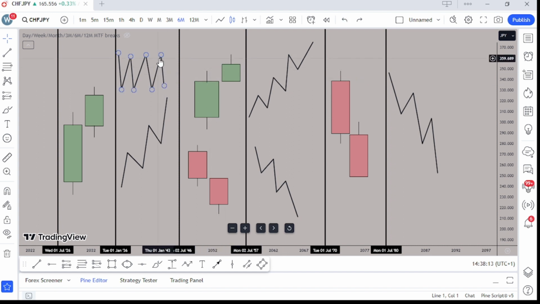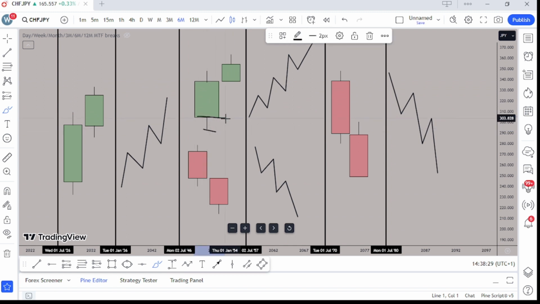Now, in some cases, you will see something like this. No body, no tail rather. Now, the formation says that the candlestick has made a certain low, opened, made a certain high, and closed. Now, when this one opened, the previous high, this is a low,